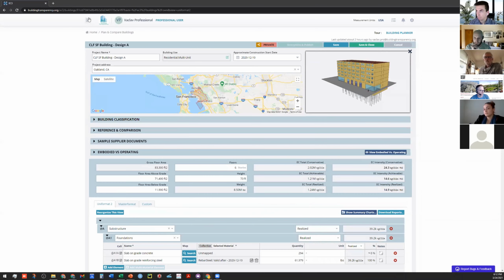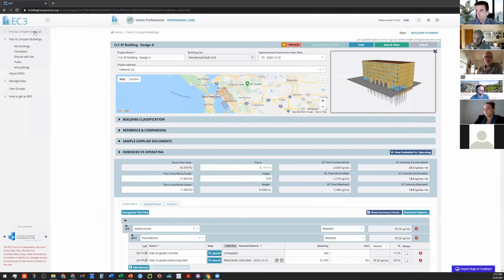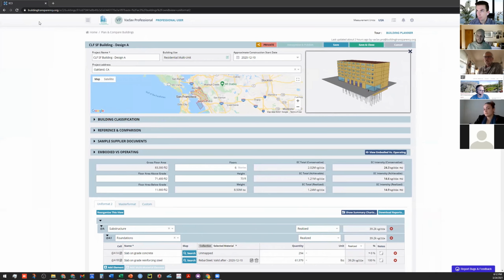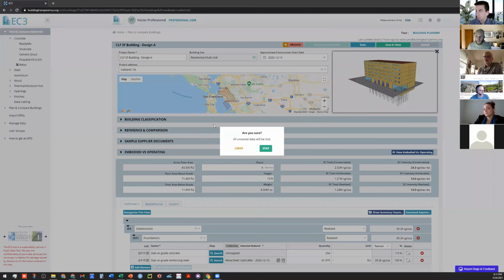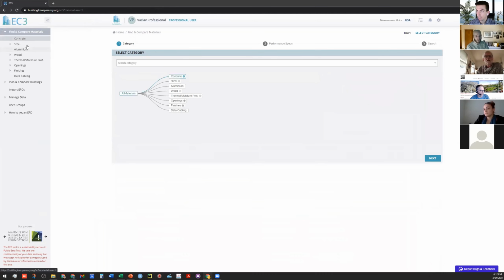So you have to go to other sources to get those kinds of numbers for things like straw bale or FSC certified wood. Well, I guess wood's in here, right? Is FSC certified wood in here? Let me back out. There are not too many EPDs for wood products. But we have some basic types of wood in here, so for example, you could do dimensional lumber or plywood, etc.